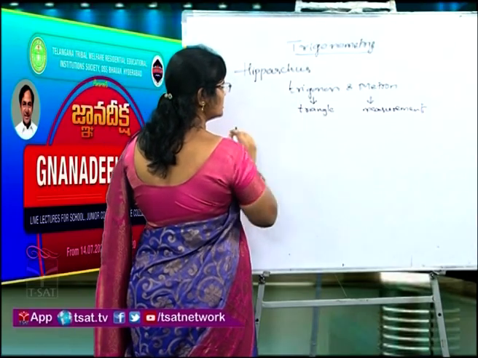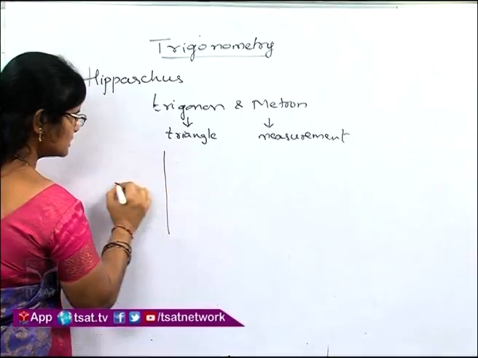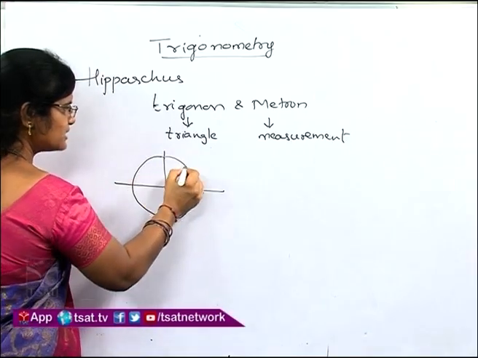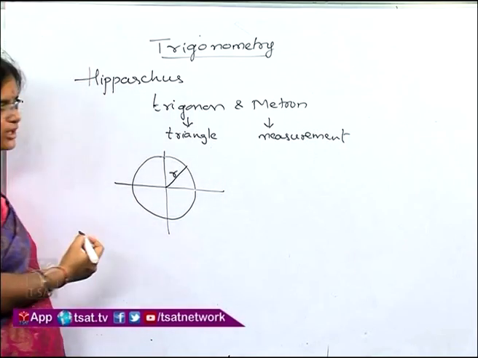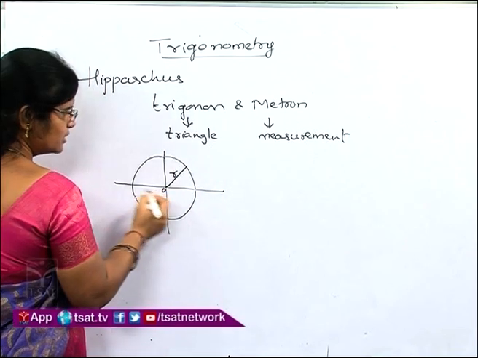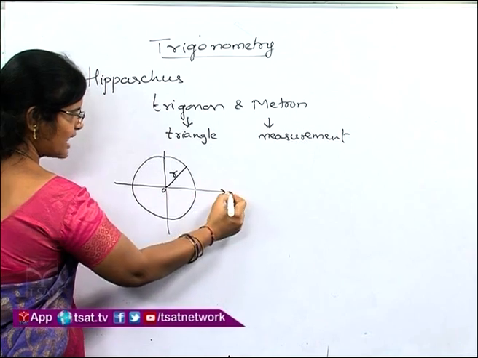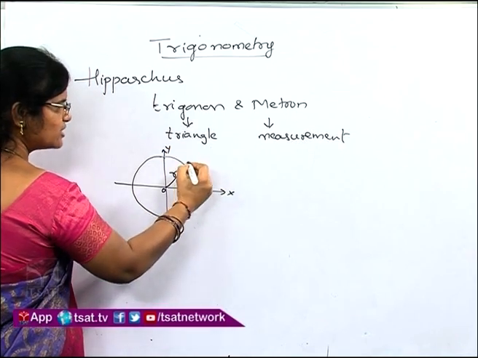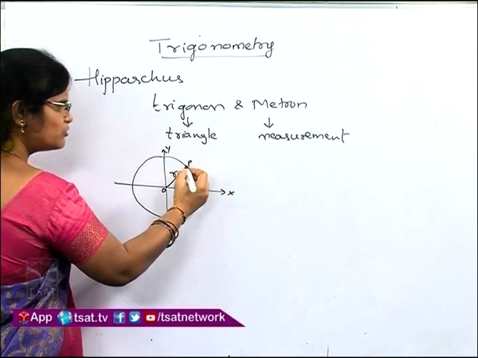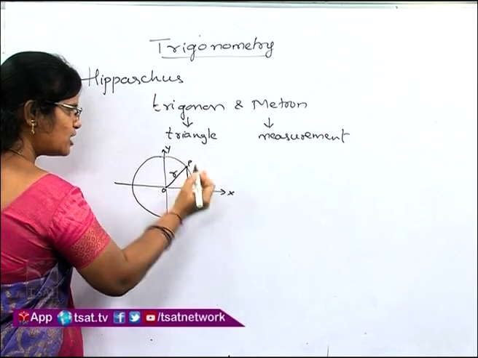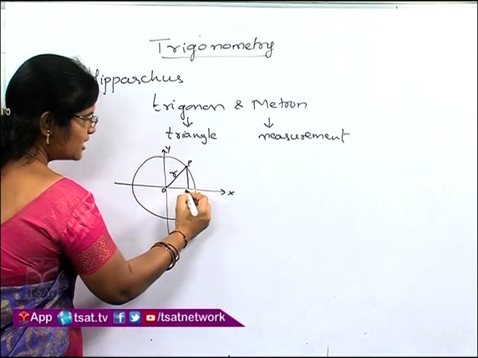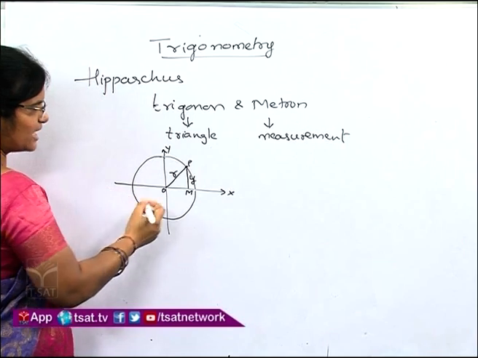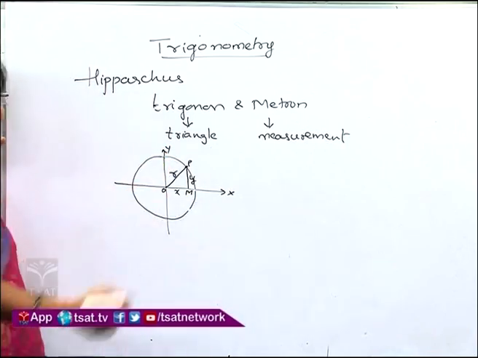Now let us draw a circle on the coordinate axes with some radius r. Children, the meeting point of the x axis and y axis is the origin, and here I am naming this point P. Now if we extend a perpendicular to the x axis, this point is M, and the distance PM is y and the distance OM is x.